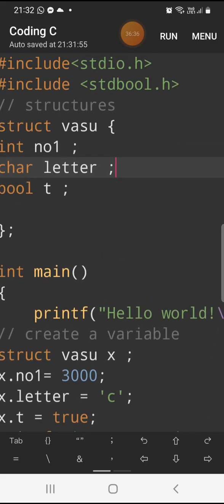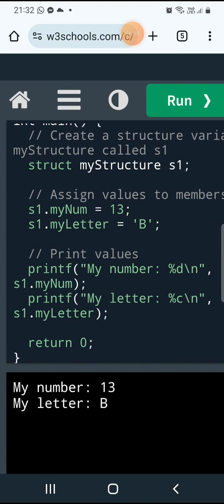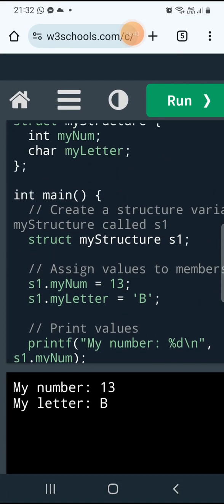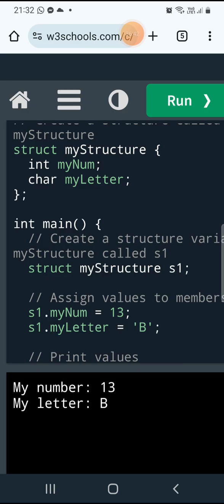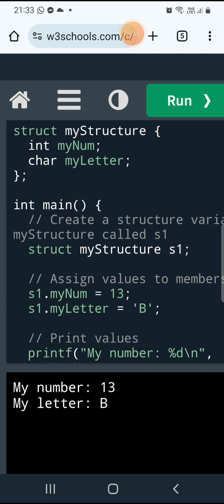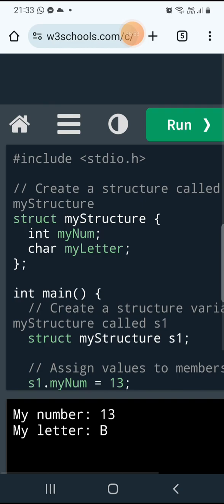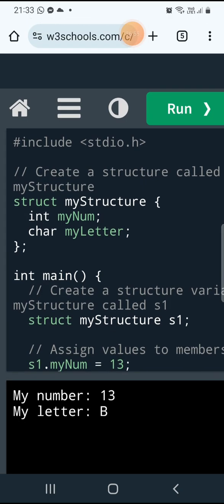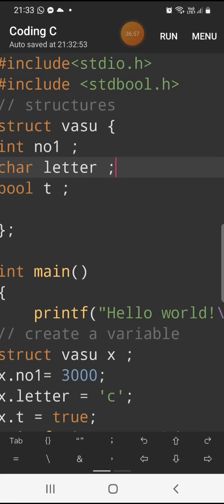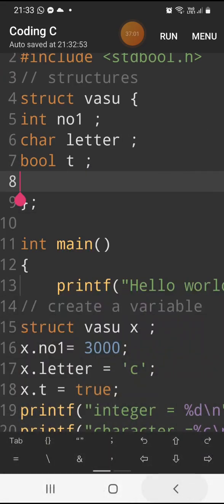This is the C coding app, and this is the online web editor. Here no need to download any app. Here you can just write the code and run and check. Okay, so this is called an online web editor. Now this is called your coding C app. So understood that? Now I am going to stop the class. This much is